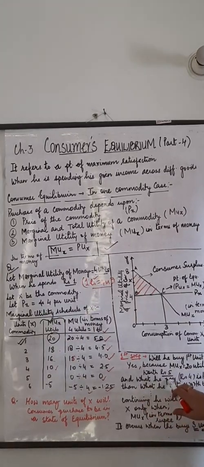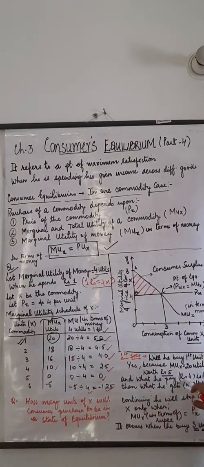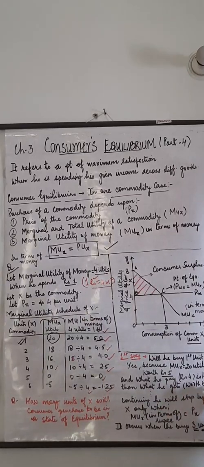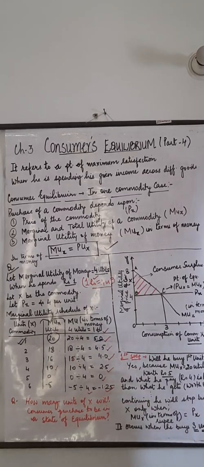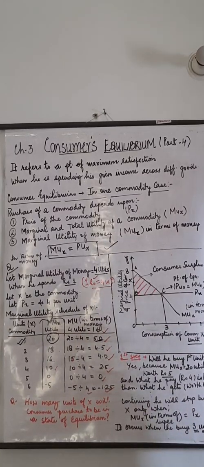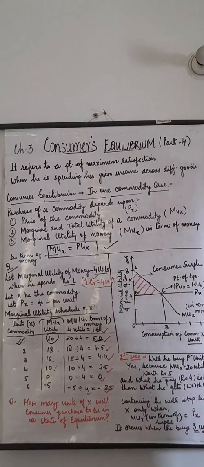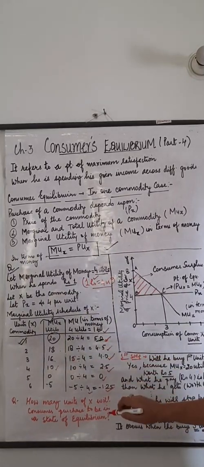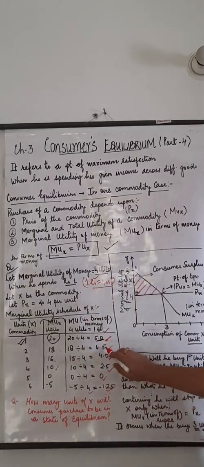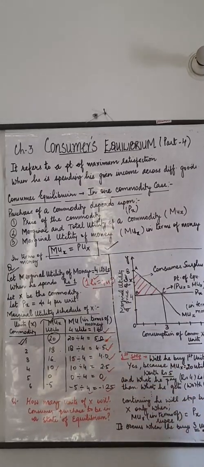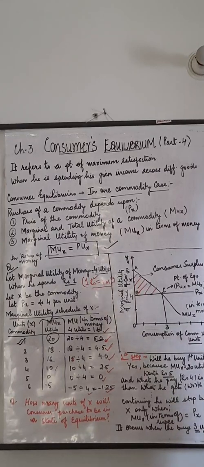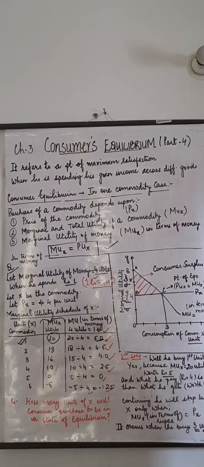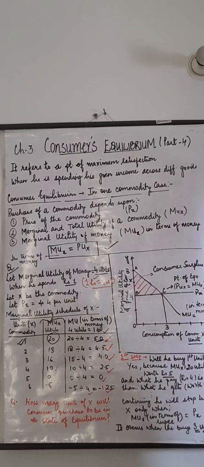And what he pays is rupees 4, which is less than what he gets, worth rupees 5. So he has 4 rupees, but he gets the satisfaction of 5 rupees. He is getting a 5 rupees thing in rupees 4. Why would he not purchase it? He'll definitely purchase this. Moving ahead to the second unit, it is 4.5, which is again more than 4. He is getting the worth. He is getting satisfaction more than the amount of money he is spending. Definitely he'll purchase that. He'll go for it.